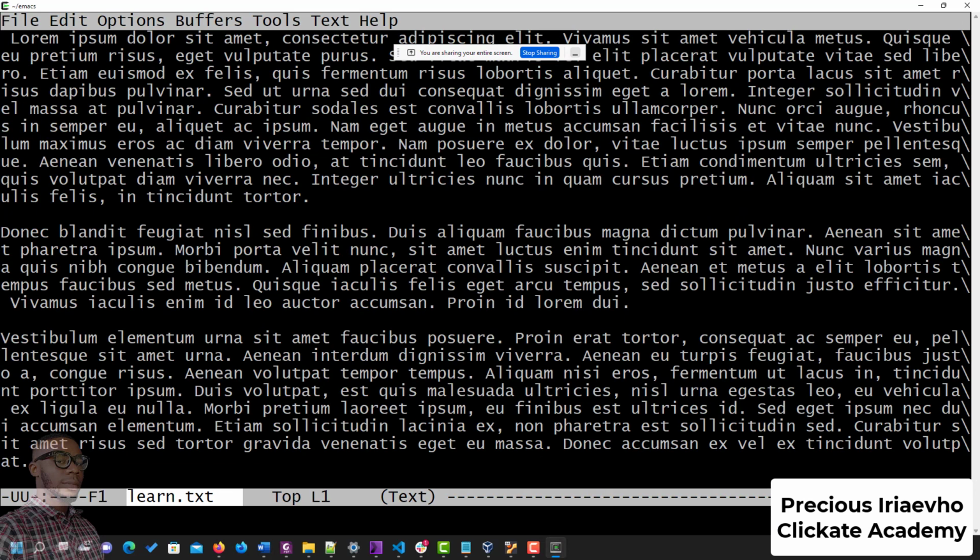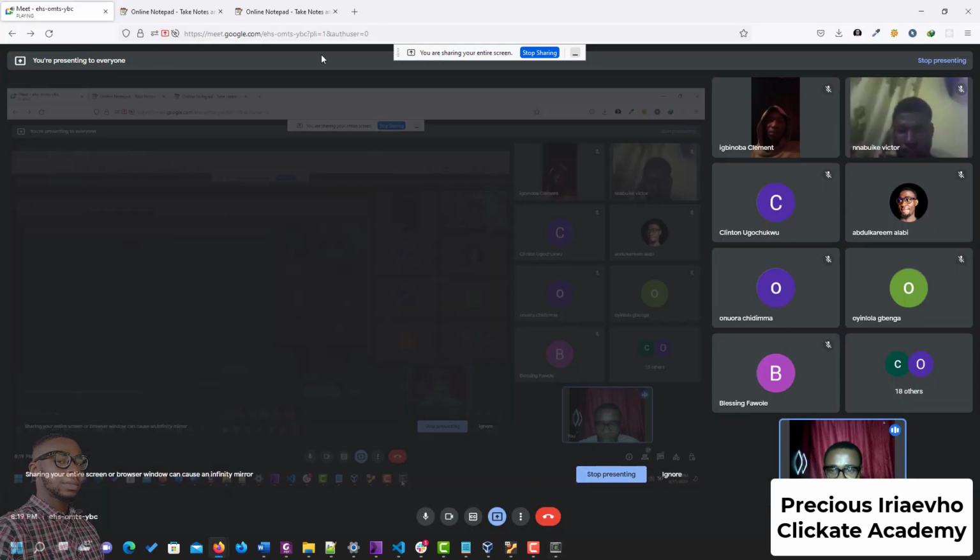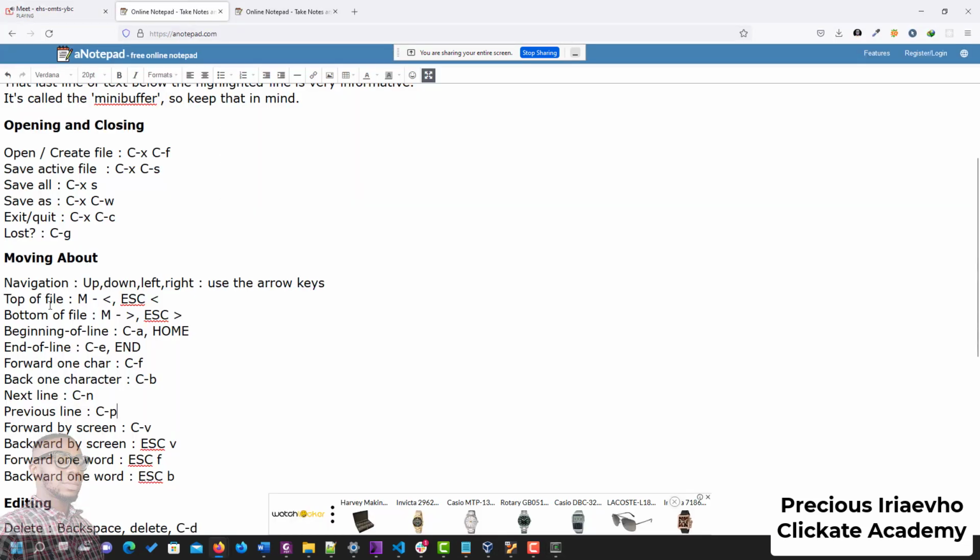But when you have a lot of files like I have now, it's going to be difficult for you to start pressing down, down, down, up, up, right, right, left, left, left. It doesn't make much sense to me. I don't know about you. So the next thing we need to know is that you can jump within your file. The two commands I want us to take note of are to go to the